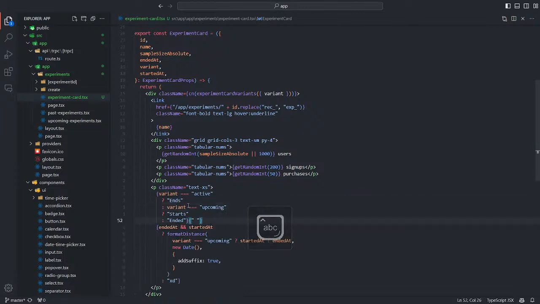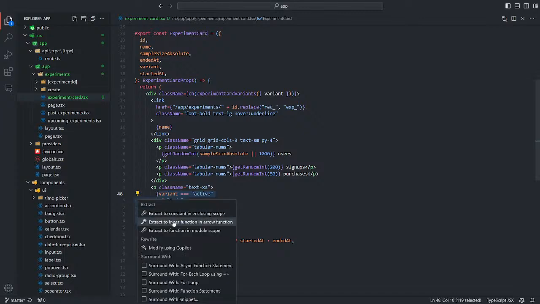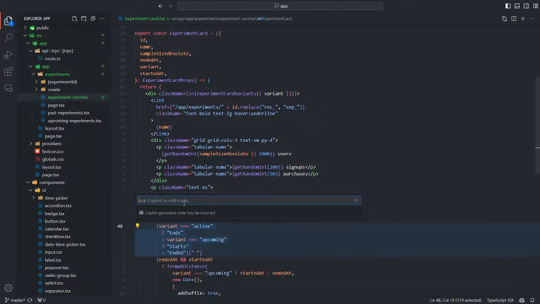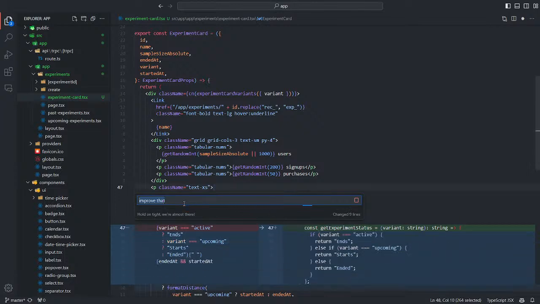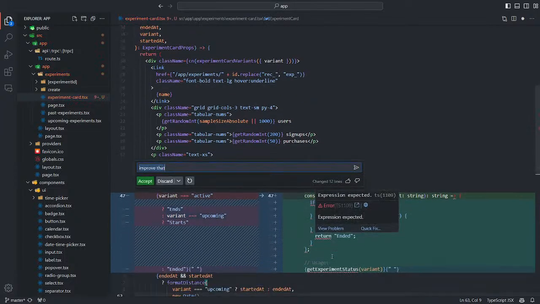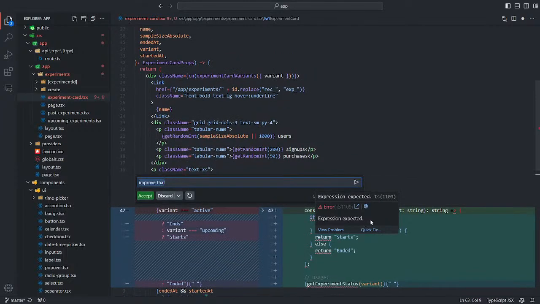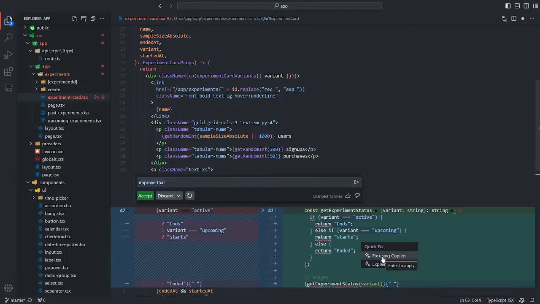I don't like this logic. I think with Copilot I could improve that. Okay.